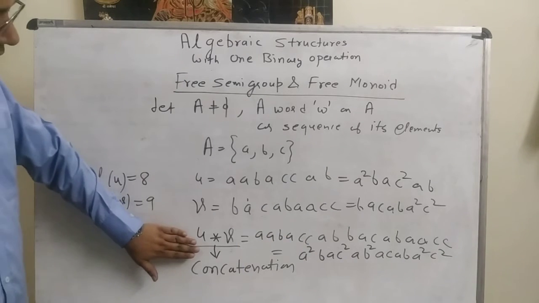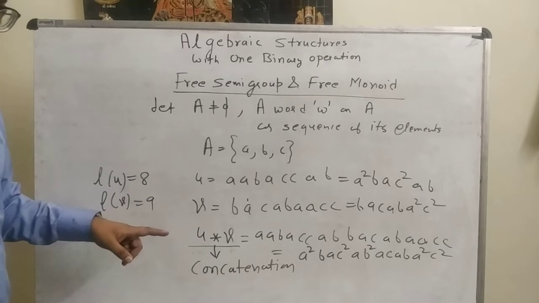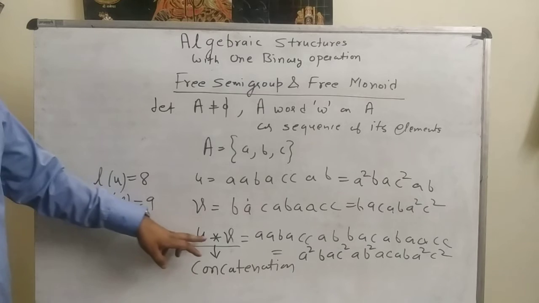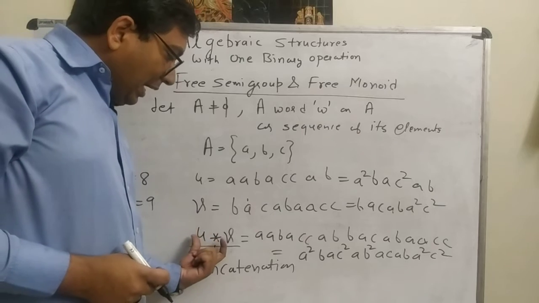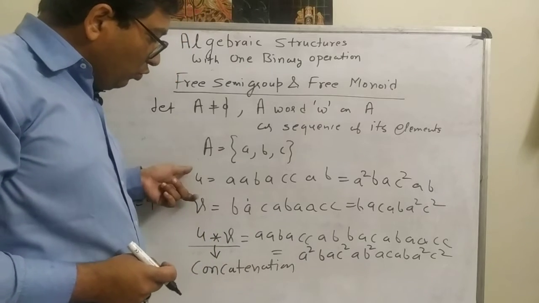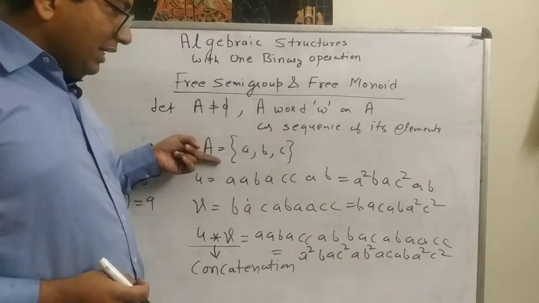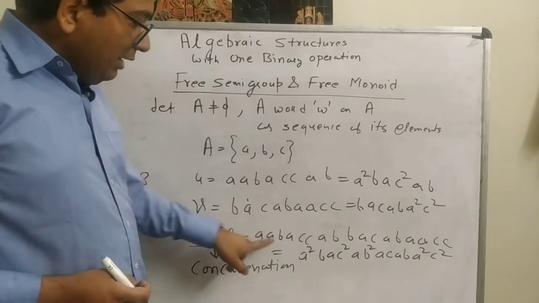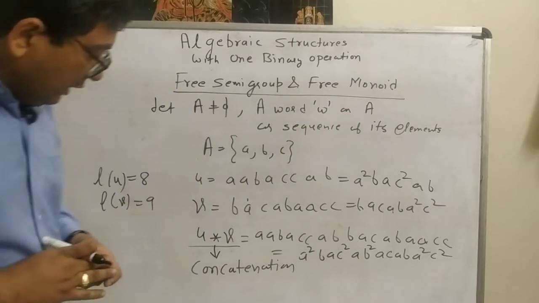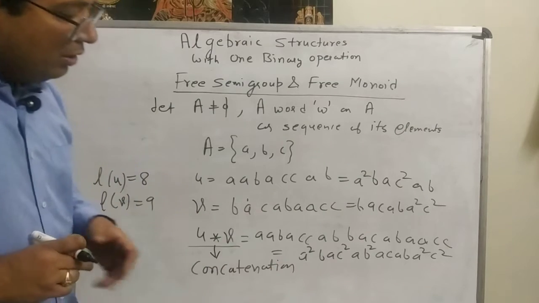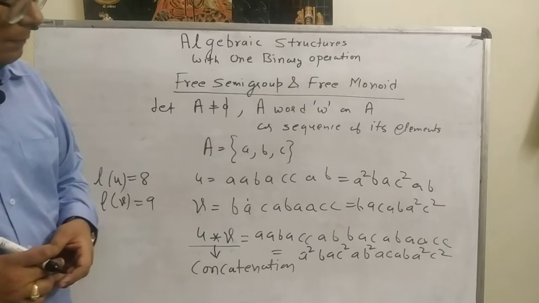So we defined an operator. Now let's check whether this operator is a binary operation or not, in other words whether this star is closed or not. Clearly, whenever we apply concatenation on two words, we will get another word, and the characters will again be from the set A, because the elements of U and the elements of V come, and the two sequences are combined. So this concatenation is closed under the set A.